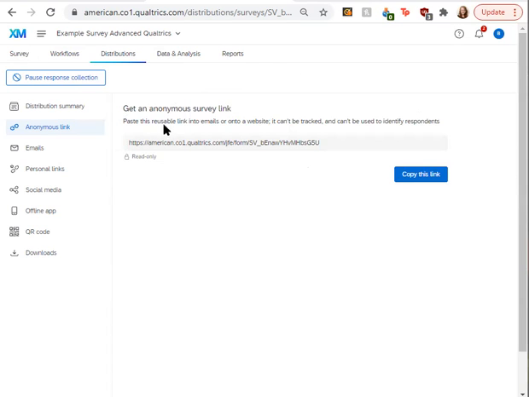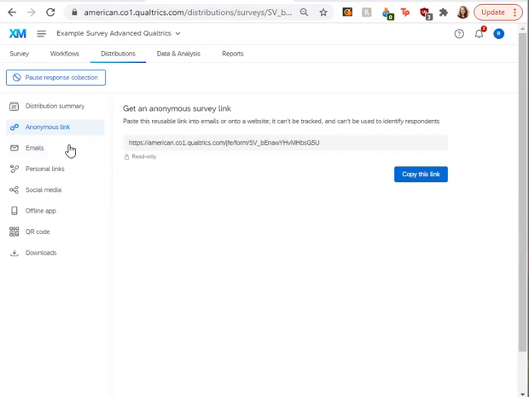Of course, keep in mind that while this link is reusable and it won't be different for any of your respondents, that also means it's not going to be able to be tracked with any kind of identifying information or any way to identify respondents beyond the questions you ask in the survey. So if you are doing a survey where you want to have any kind of tracked information or identifying information, then you cannot use anonymous links or you will have to ask those questions in the survey. So just keep that in mind. Anonymous link will be anonymous survey results.